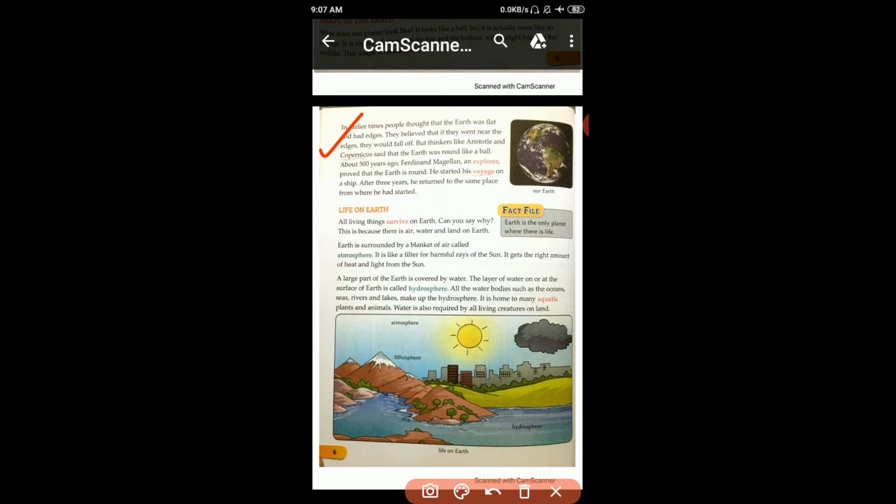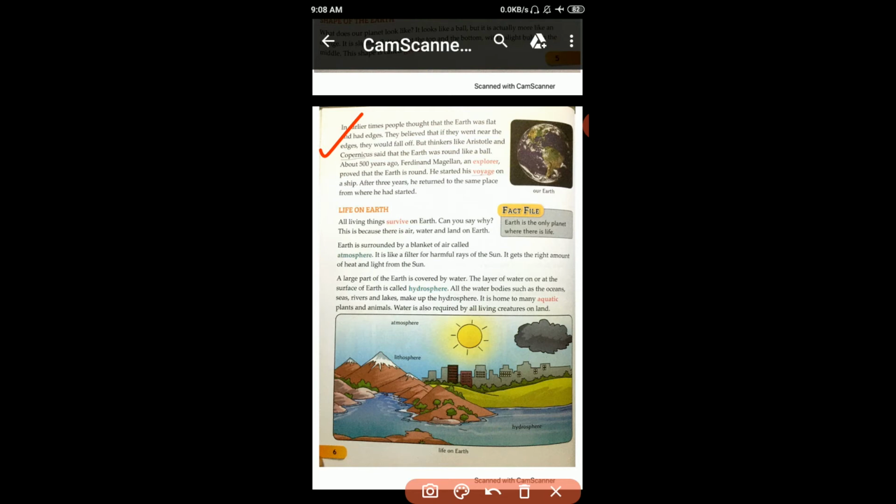Edges is brim, it means kinara. They believed that if they went near the edges, they would fall off.